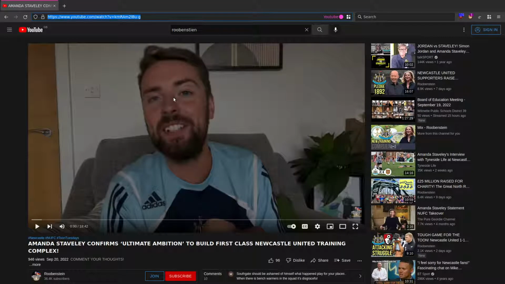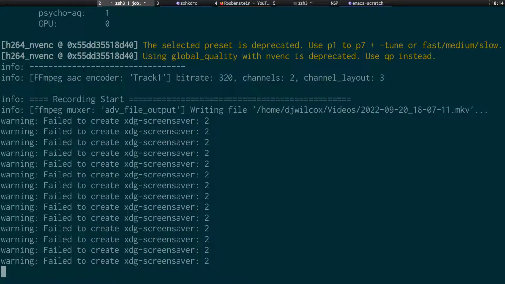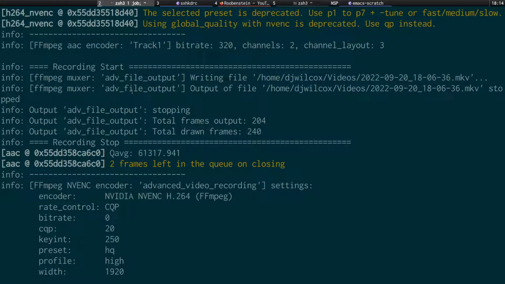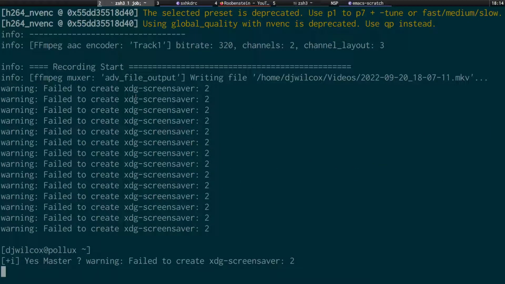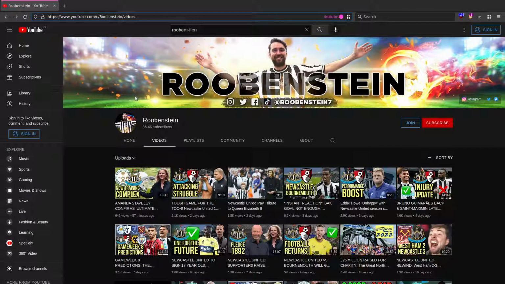Okay. So the other thing that you can do is if I come across, why is it giving me some error messages out there? Okay, it's giving me some error messages in FFmpeg for some reason. So yeah, I'll have to look into that. Let's see what this is. Failed to create XDG screensaver 2. So I'm wondering if that's, I don't think that's related to MPV,